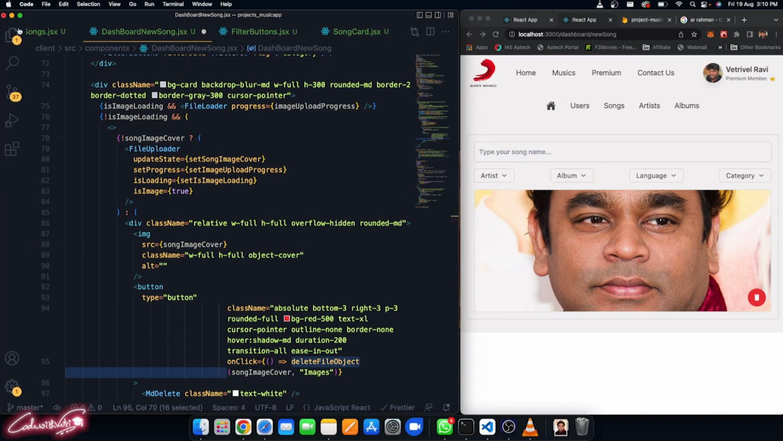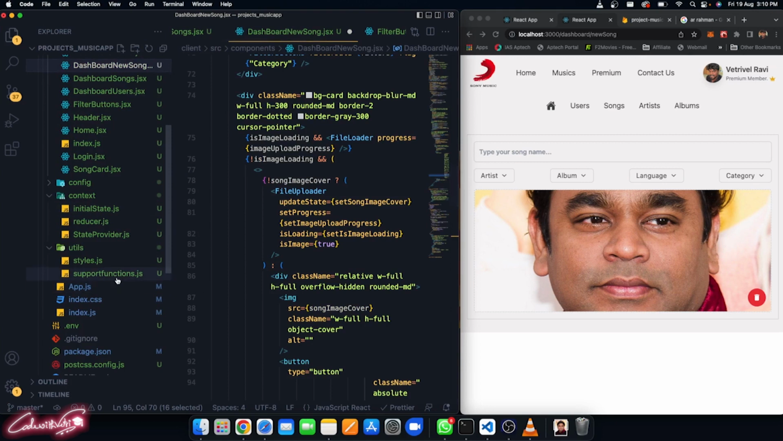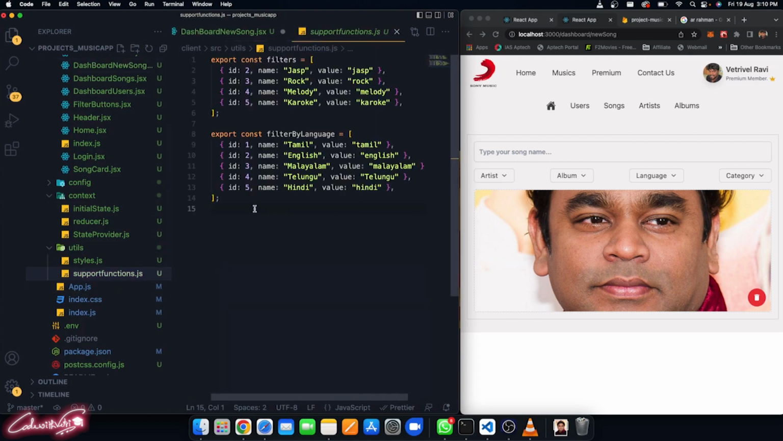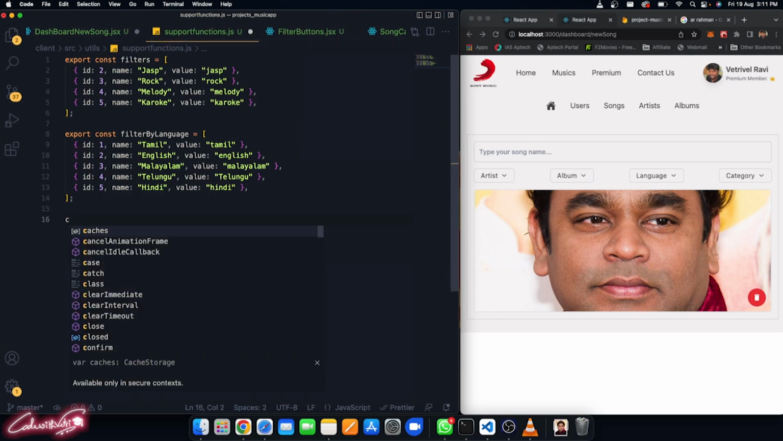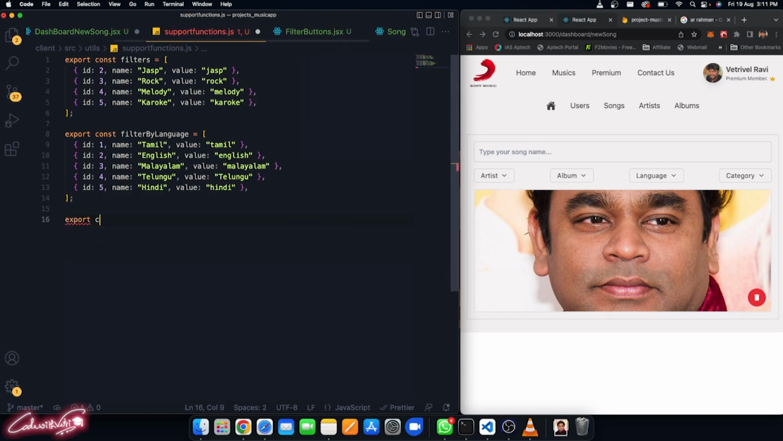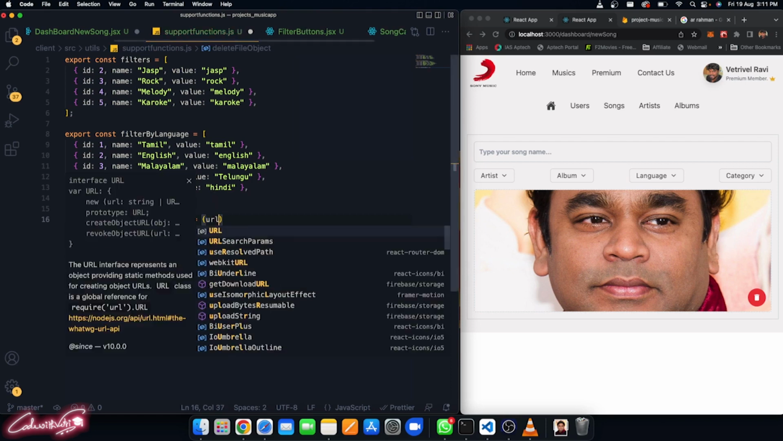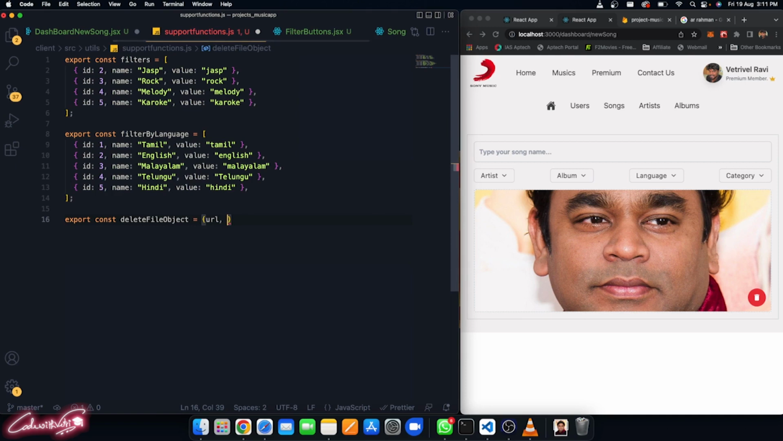So let me open the support functions, and right over here I'm going to create that. So export const delete object equals, and that's going to take two different parameters. One is the URL, of course, and another one is the